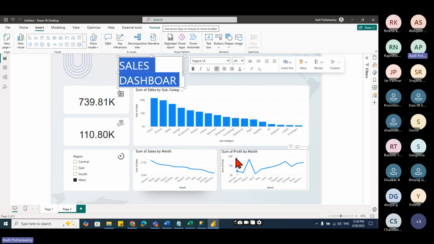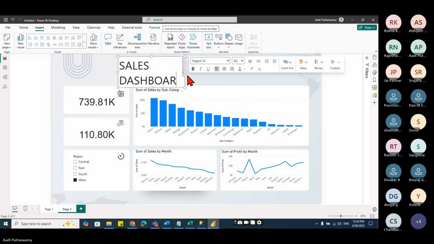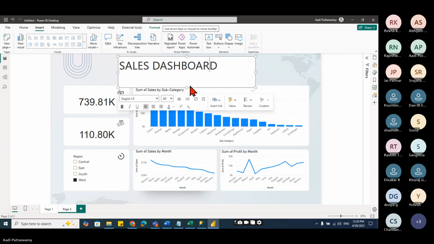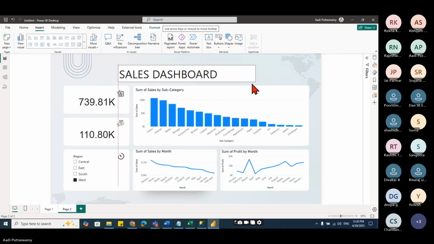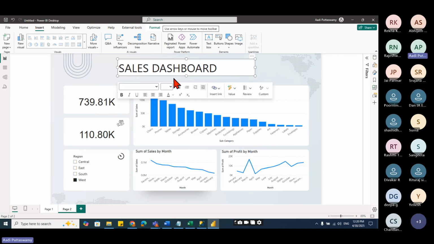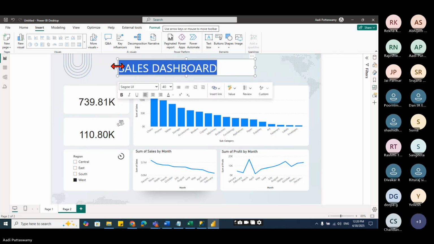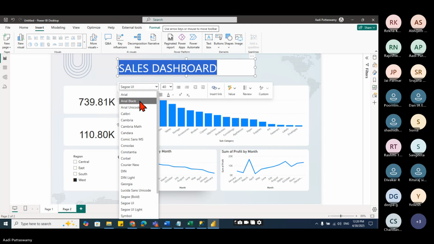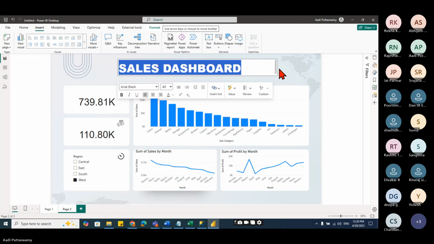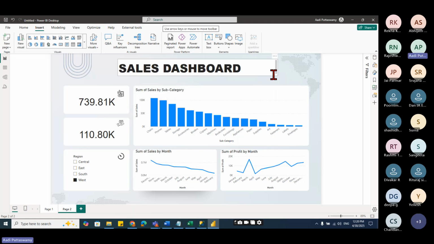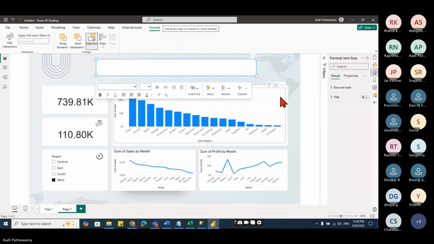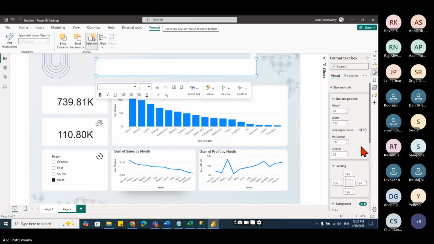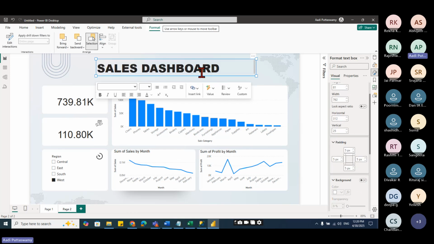And here I'll just take Arial black. I'll remove this background. Let me select this. Right click, format. Here we'll have this background. I'll remove this background.